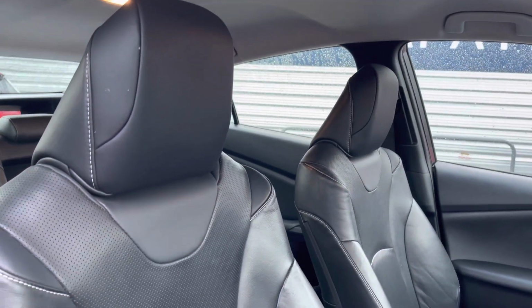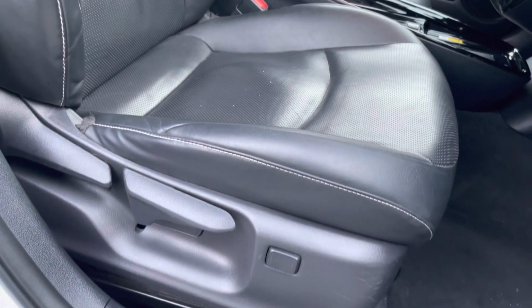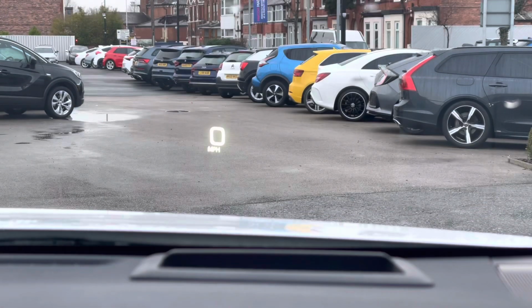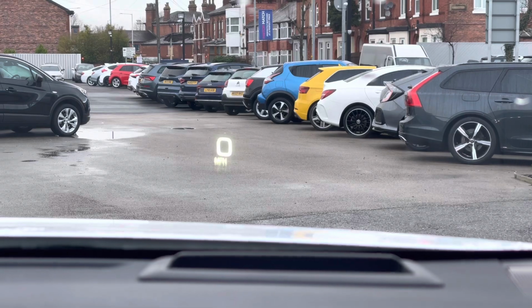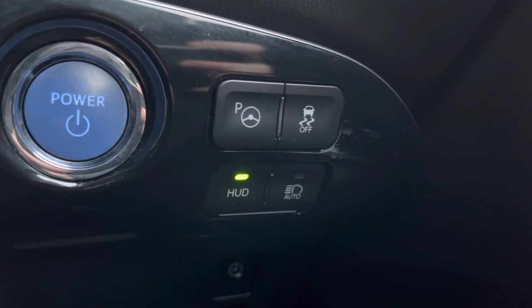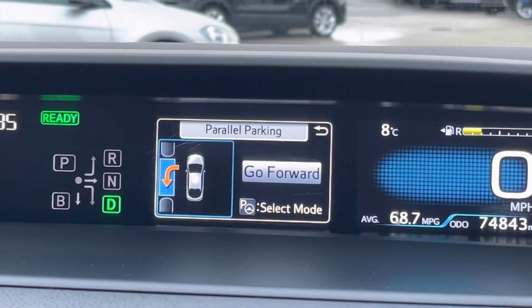Moving around to your front seats, and you do have plenty of adjustment in the driver's seat so you can easily find the perfect driving position. Starting on the dashboard here, you do have access for your controls for the heads-up display. It's a very nice touch to have. There is also the button for accessing your park assist feature, where the vehicle can park itself, making parking super